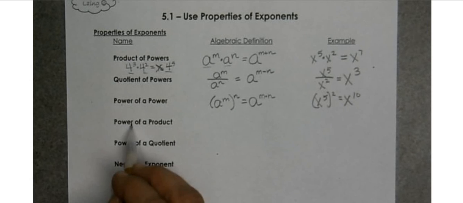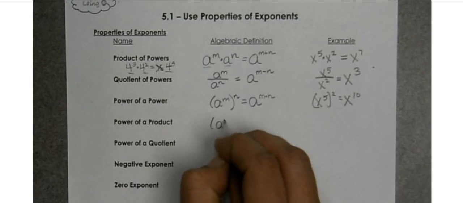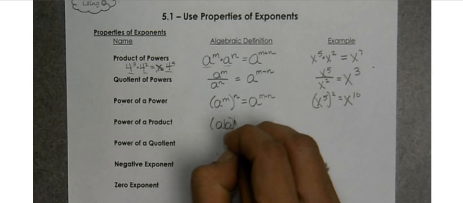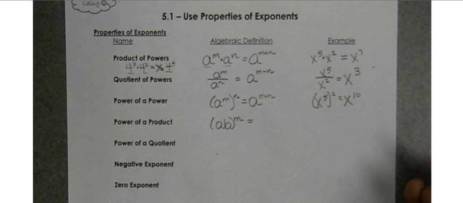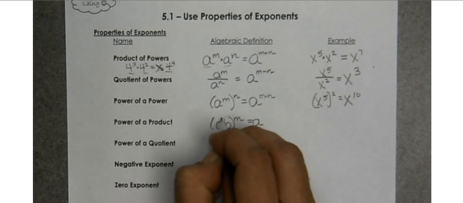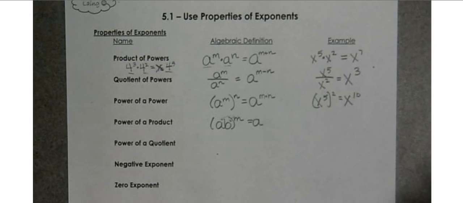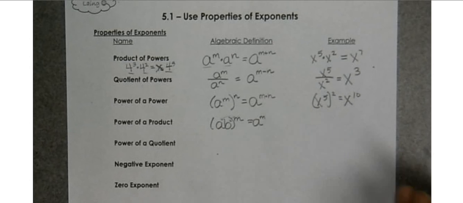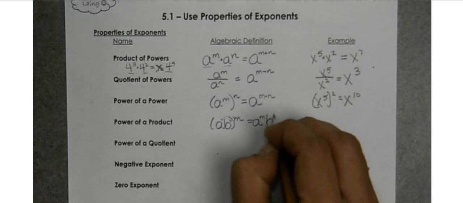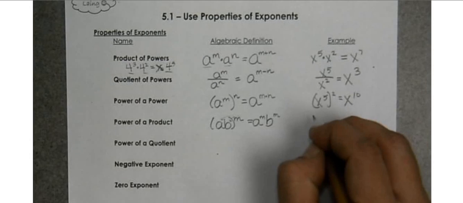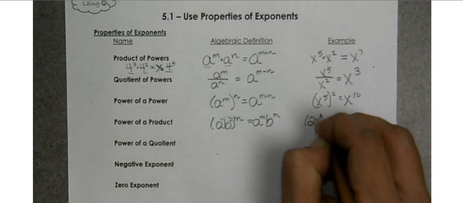A power of a product means that we have a product, like a times b, raised to a certain power. In that case, we apply that exponent to each of the bases. So a was a factor, so we're going to apply the m exponent to the a base, and we're going to apply the m exponent to the b base. An example of that is if you have something like 2x to the 5th,